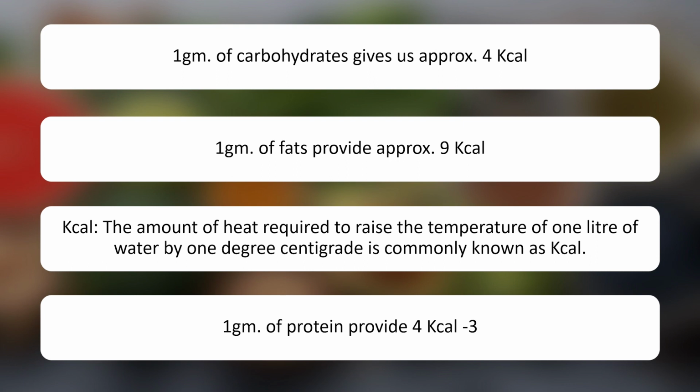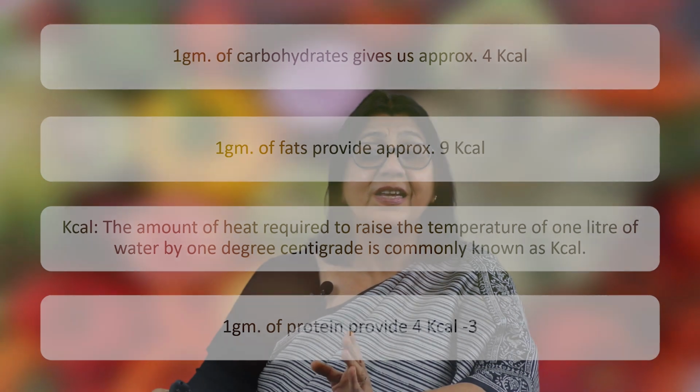So 1 gram of carbohydrate will provide approximately 4 kilocalories. The same amount is also provided by proteins, but it is not the function of the protein to be providing energy. It has the other important function of bodybuilding, which we will take up in a little while. Therefore, the main body fuel, it is clear to all, is carbohydrates and fats. So when we are planning a diet, we need to ensure that the maximum energy comes from either the carbohydrates or the fat.